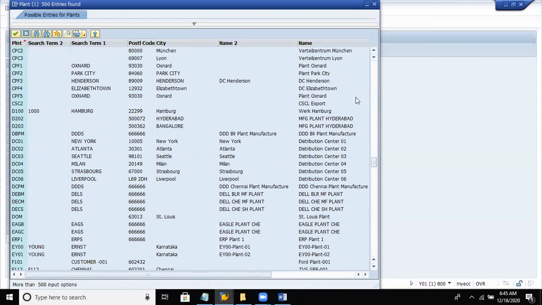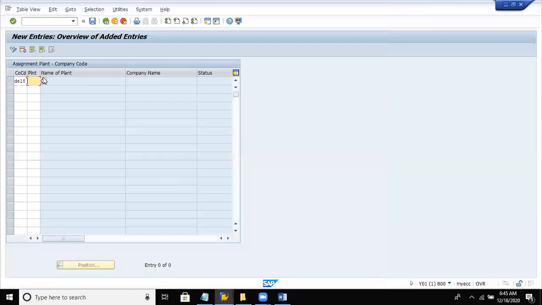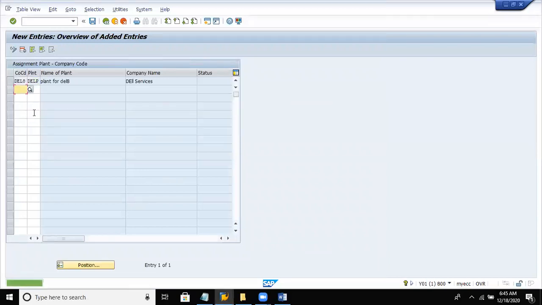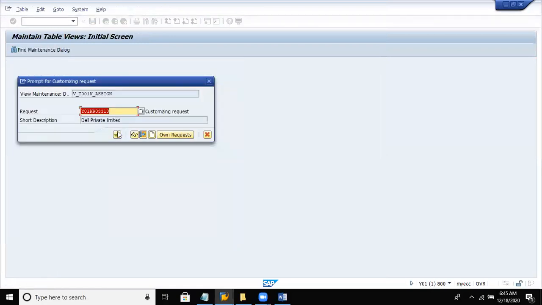Enter, save. So successfully we have assigned our company code to the plant. Save it on our request.